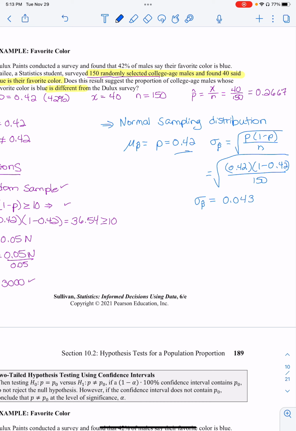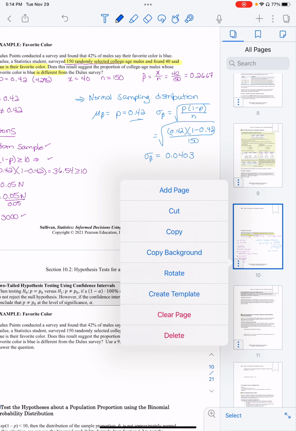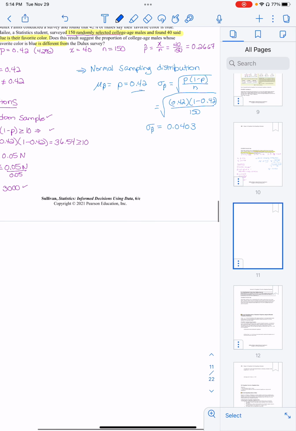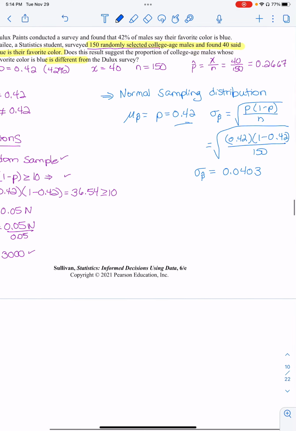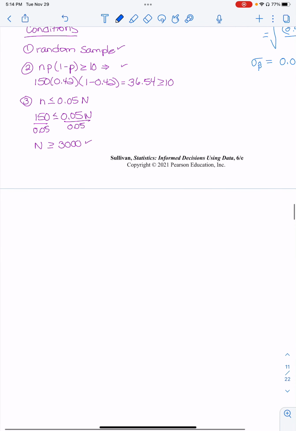Alrighty. So what I'm going to do now, 0.0403, sorry, I lost a zero here. There we go. So remember I said we can do this one of two ways. We can look at the z distribution and look it up on a table, or we could use StatCrunch. I'm going to do it the way that we did it in class with StatCrunch. So the first thing I'm going to do is, if I have the z distribution,